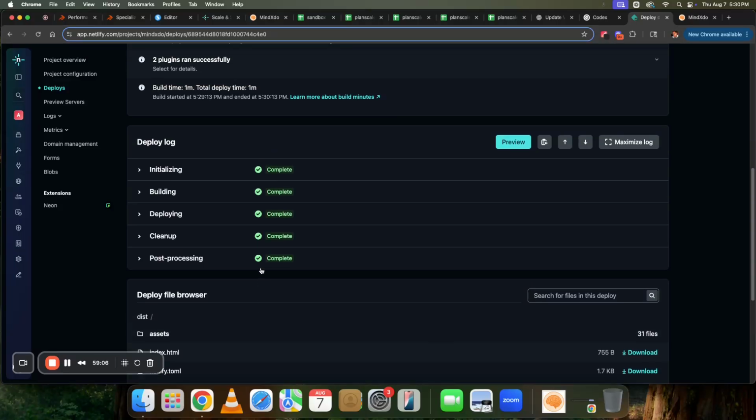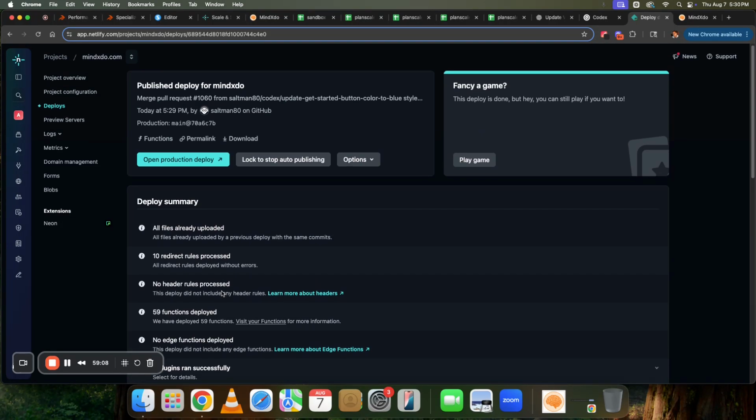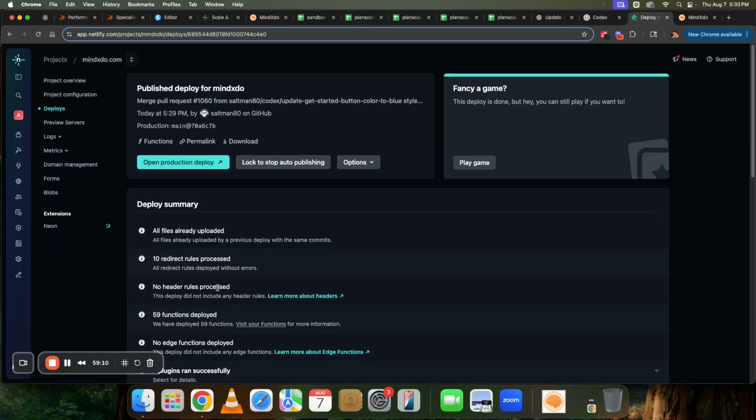So that's really, really cool for us, because that means that from Codex, all you got to do is click that create PR, then click view PR. You just merge it, right? You okay that code, and it will automatically bring everything over here for you. And then once this is all done, you'll notice at the top, there's a button that says open production deploy. So this is your most recent code. So if you click it,